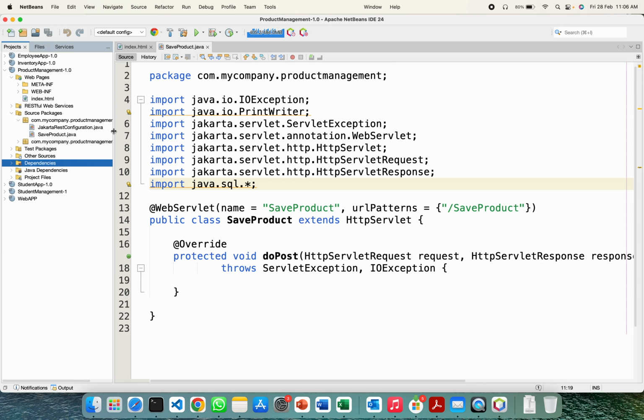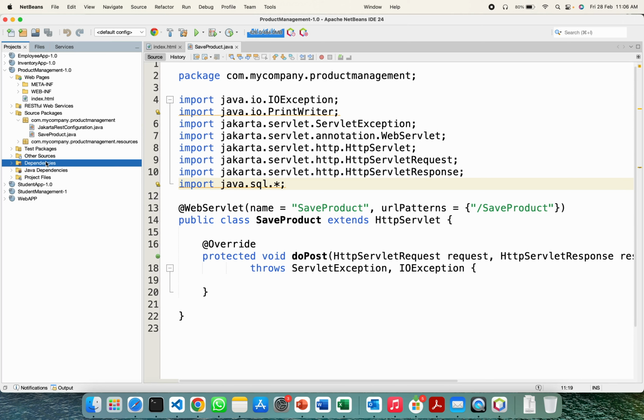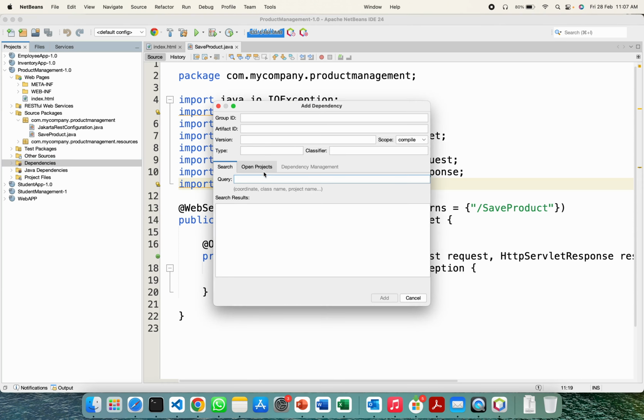So on the left side, there is a dependency, right? Right click, dependency, add dependency. We have to select add dependency, right? In the add dependency, there is an option called query. Here we have to type PostgreSQL. Just type post, and you will get an option called